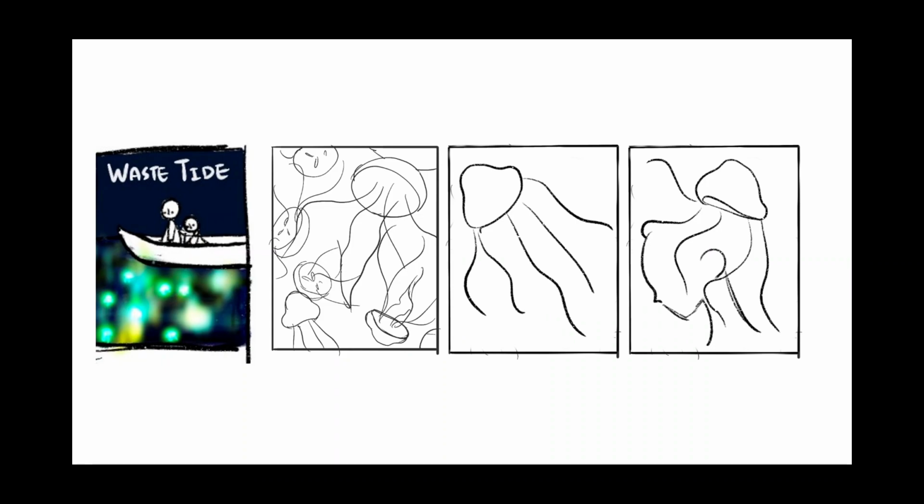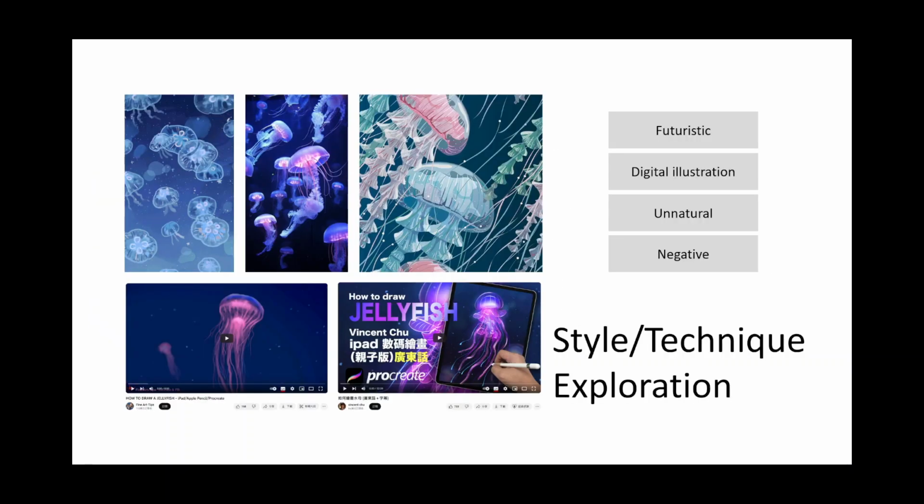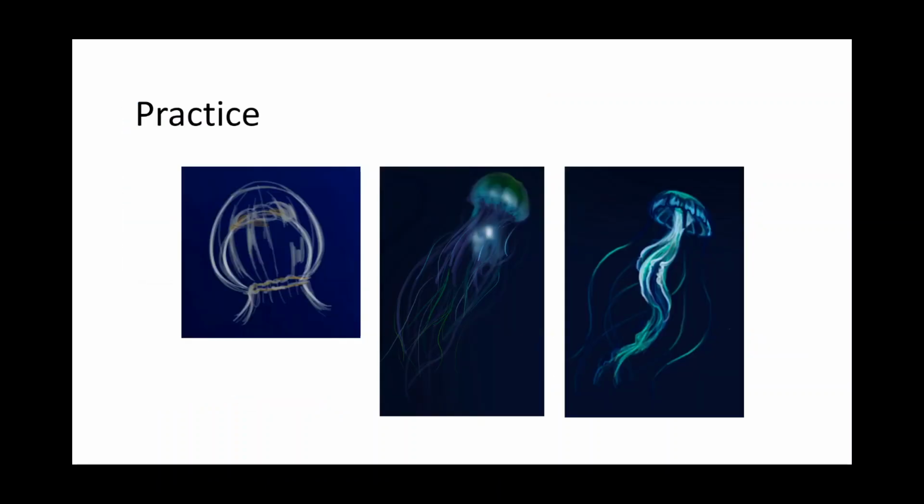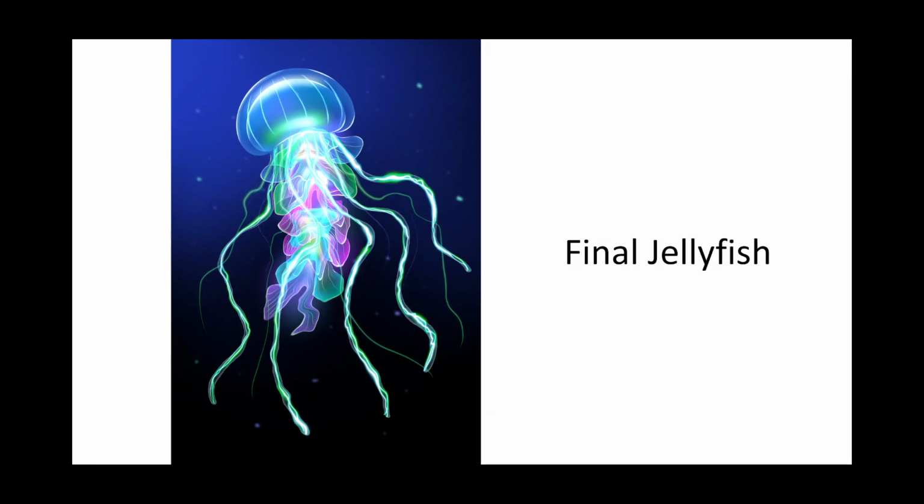These are some initial sketches on a specific idea, and with these in mind, I started looking up pictures of jellyfish and tutorials on how to draw a jellyfish. I chose to create a futuristic, unnatural-looking jellyfish with colorful neon lights and weird electricity on them to match my intention. I also chose to use digital illustration as my technique, as it is impossible for me to go under the sea anytime soon. Digital illustration allows me to easily create glowing effects, and the liquify technique could be helpful for manipulating the form of the jellyfish. And with some practice, the final jellyfish is completed.